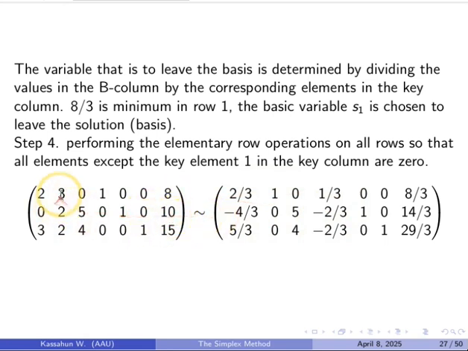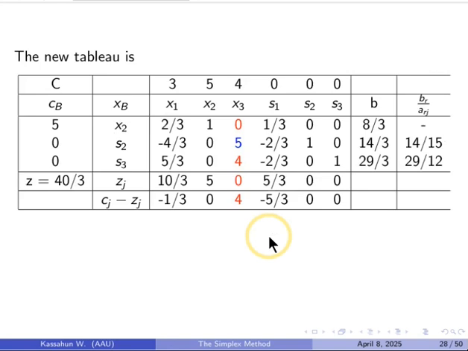Here this component is made 1, and the other column elements are changed to zeros. So, adapting to the table, we get here 1 0 0. Again, look at the updated Cj minus Zj, our criterion for optimality.